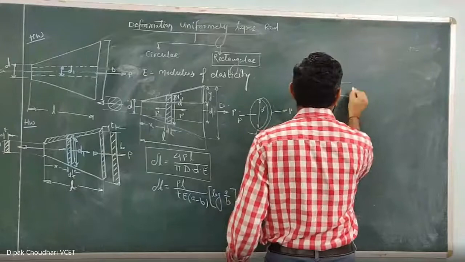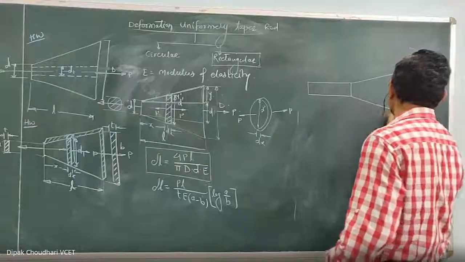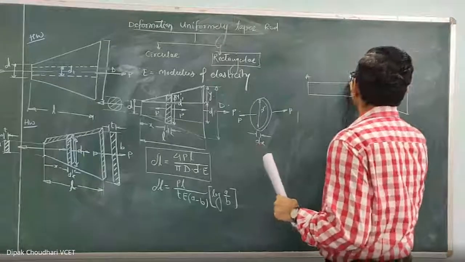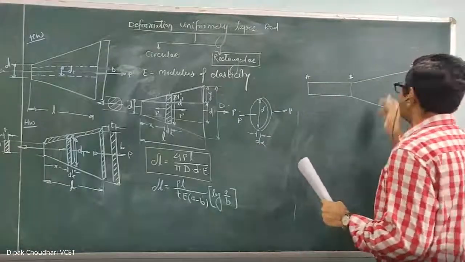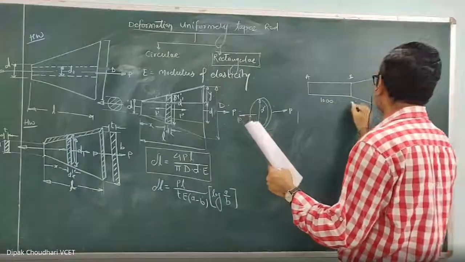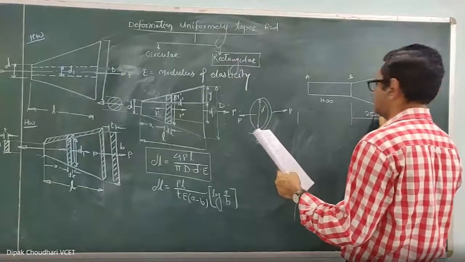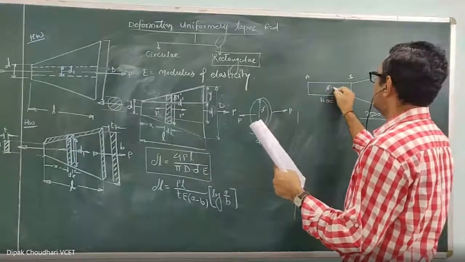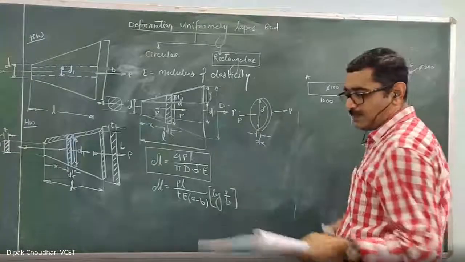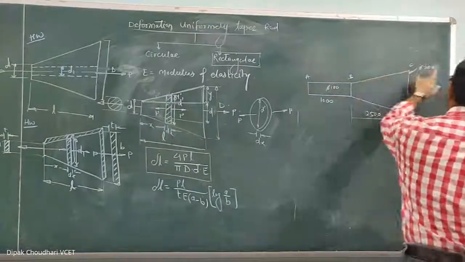One rod, some part is a uniform circular one, and the second part is a taper circular. This is a taper circular rod. Part AB is a uniform circular area, and part BC is a circular taper area. This length is 1000. This is given to you as sum number 10, and this length is 2500. This diameter is 100 and this diameter is 200. Means this BC part is a taper part whose diameter varies from 100 to 200. Here small d is 100, capital D is 200.